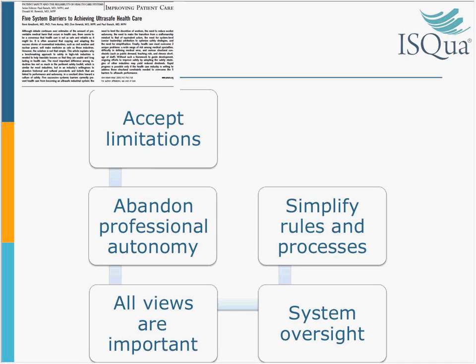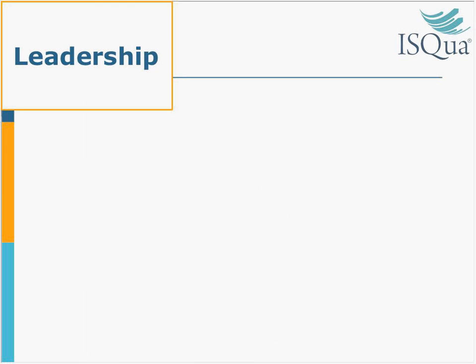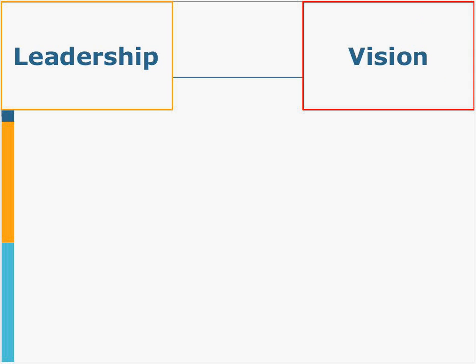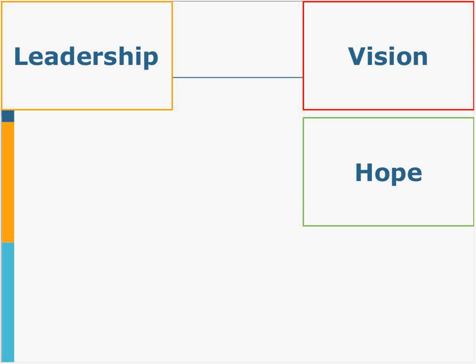So how can we do this together? How can we get to a point where this is much better than it is right now? Well, we need a new kind of leadership. A leadership that's prepared to challenge the professional hierarchies that we have had in the past. We need a vision that shows that we really want to get care right the first time, every time, and we will not tolerate care that isn't.